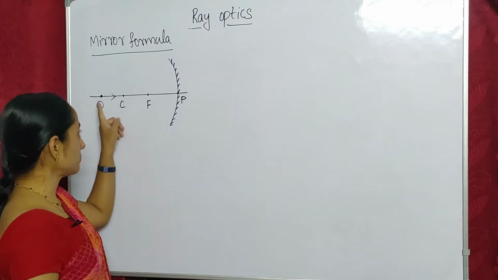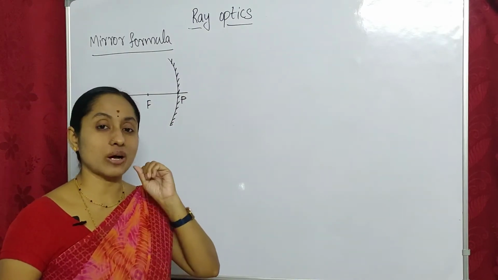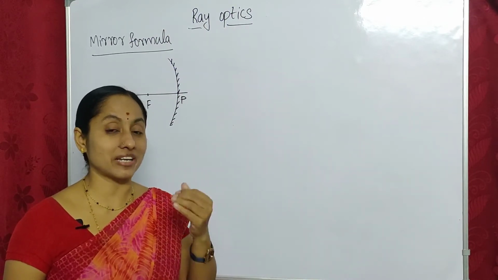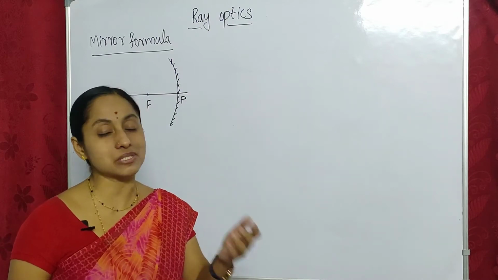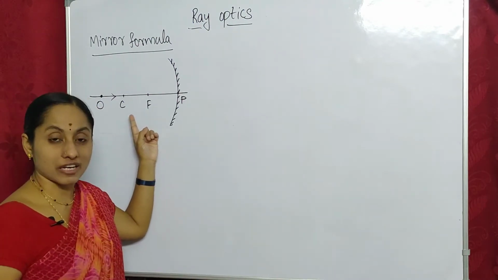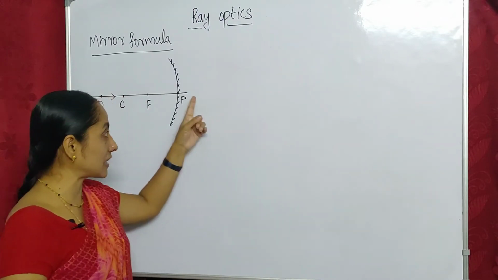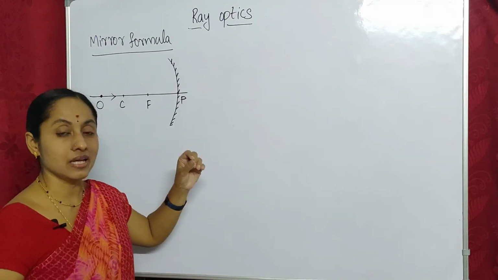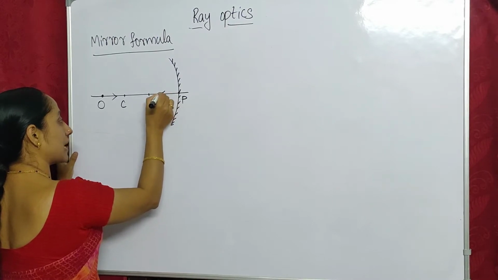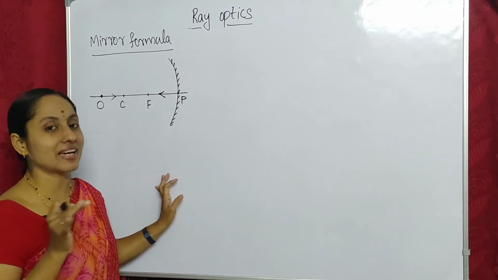If you observe, how does this light ray travel? It is passing through the center of curvature. According to our rule number 3, those who are missing this rule, please go back to my previous lecture where I explained the rules to draw ray diagrams. According to rule number 3, if the incident ray passes through the center of curvature, then the reflected ray retraces its path back, along the same path. So this is the incident ray, this is the reflected ray. Most convenient part. That's why I selected this.